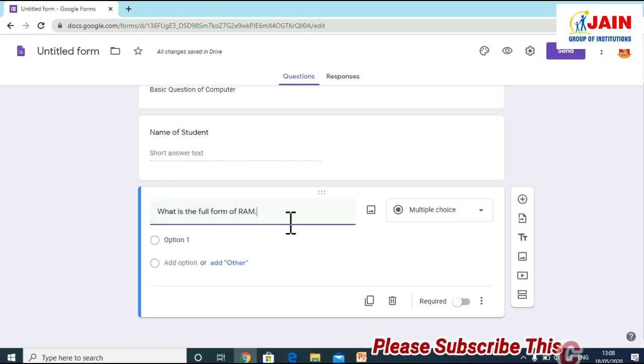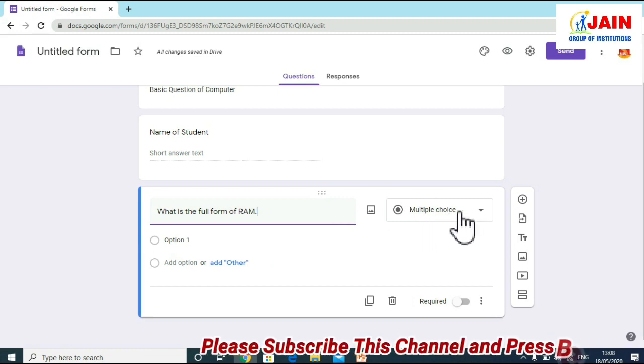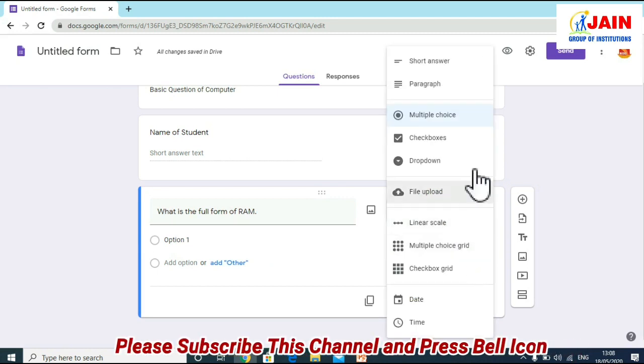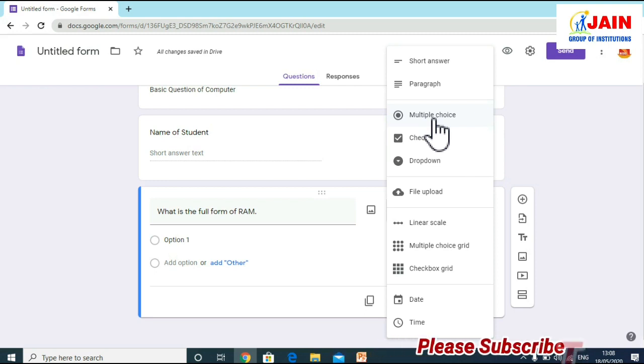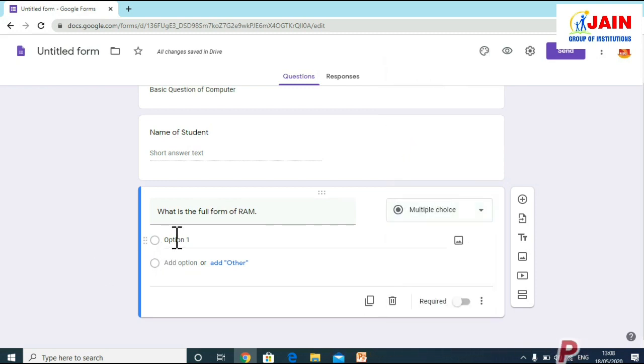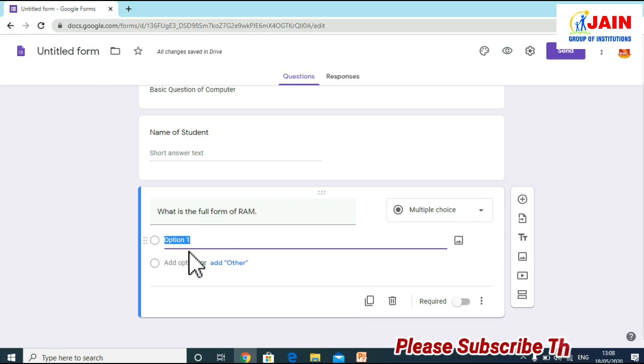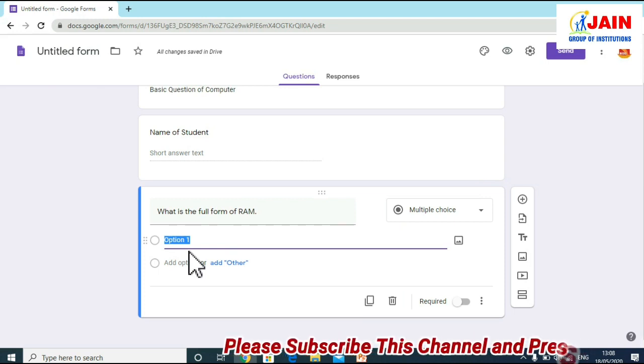Now here you can see multiple choice is coming by default. If you want the answer in short answer or in paragraph or in multiple, most favorable is multiple choice, so that 4 options or 3 options, whatever your choice is, you can add.